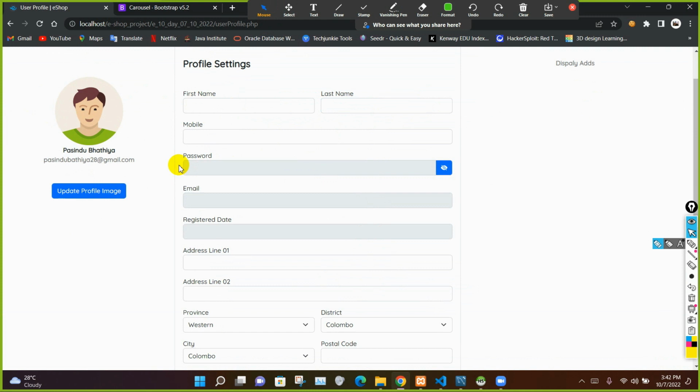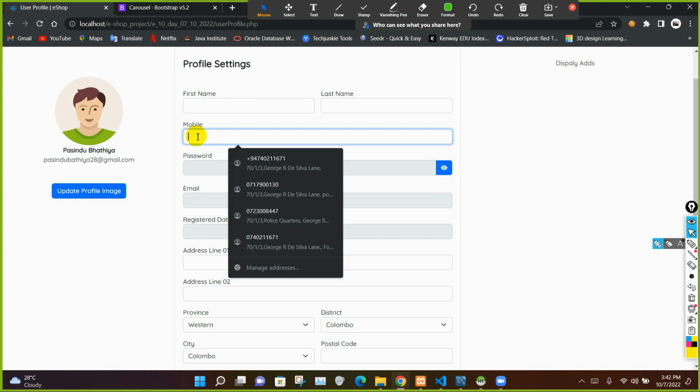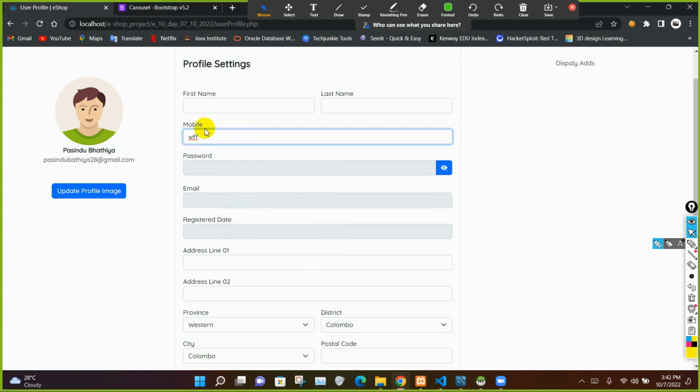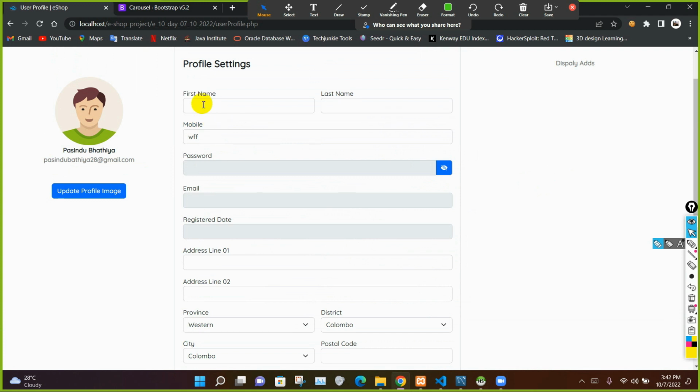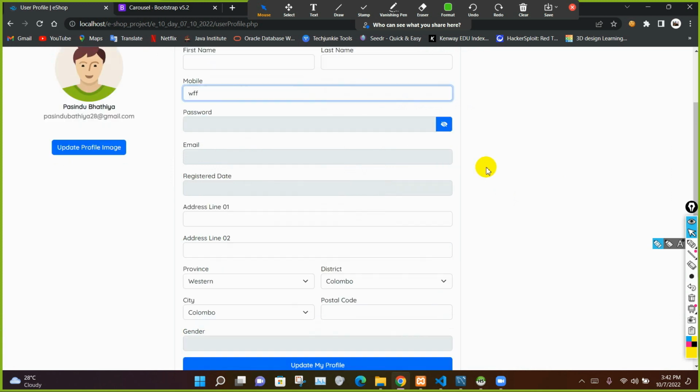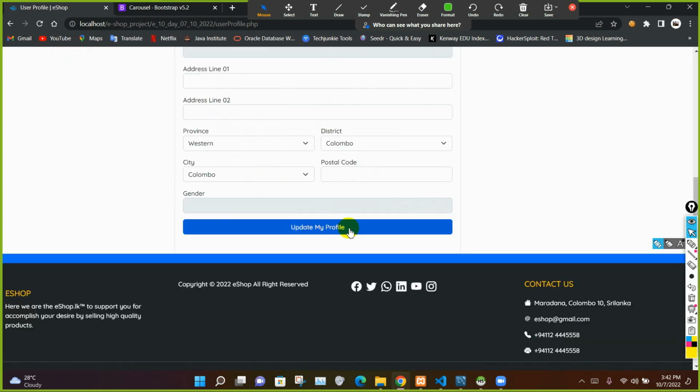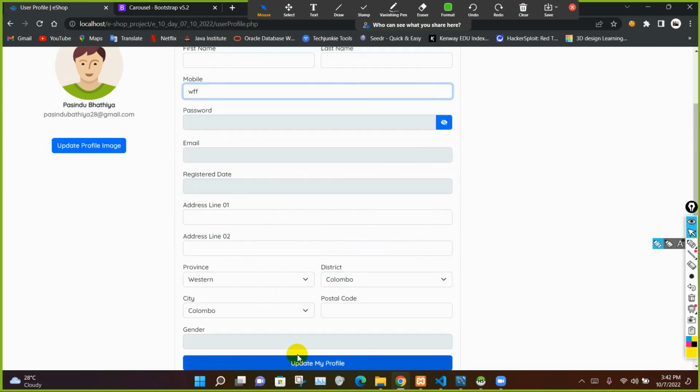So you can see here we have our password. As you can see, its color is different, because even if we let the user edit the mobile, first name and other things, we don't let the user update his password or email and the register date and the gender. So if the user wants to change any other details, that user can simply fill these fields and click on the update my profile button. After clicking on the update my profile button, it's going to update the new user's details